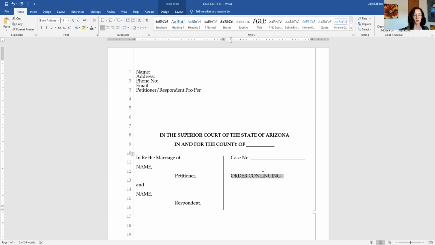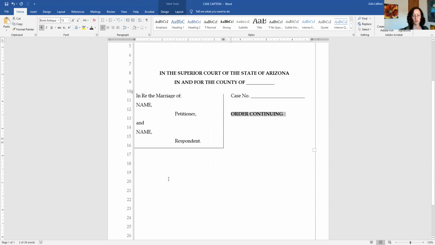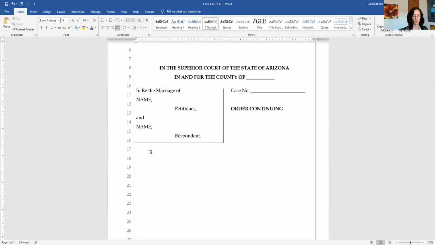It's in bold. Okay, and then this is going to say based on or based upon, it's either going to be petitioner's or respondent's, whatever party you are, motion to continue, any responsive pleadings thereto, Arizona Rules of Family Law Procedure, Rule 34, and good cause appearing therefore, it is hereby ordered